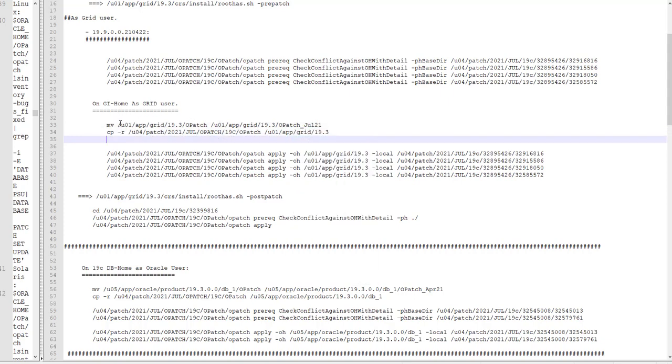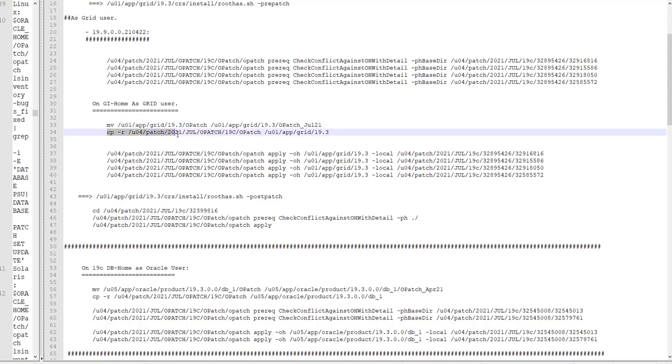So from U01, from the current grid home, I will rename the existing patch directory to patch underscore July 21st. And then I will copy the new patch that I have moved to U04 to the grid home.